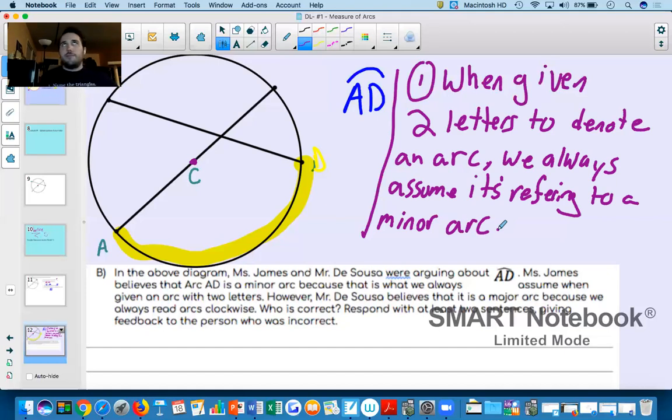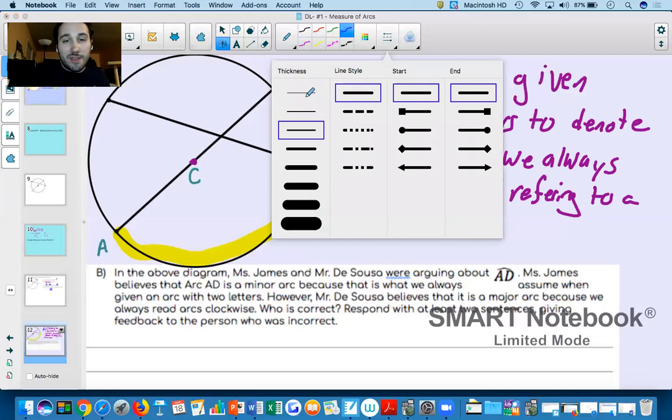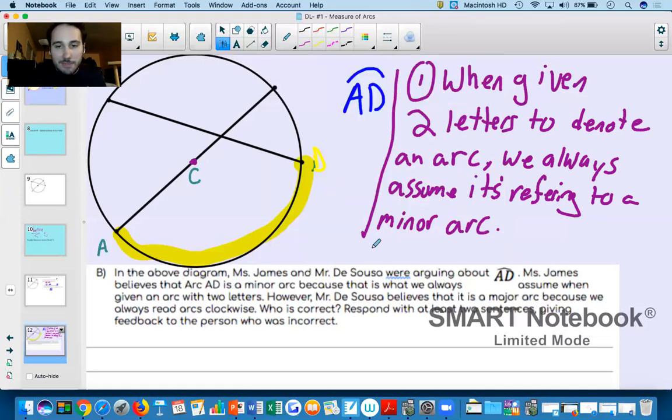What's the unit that talks about clockwise and counterclockwise? What do you think, Mr. D'Souza? That's secretly me. What do you think I was referring to? If you said transformations, you're right. So again, we're trying to give feedback to Mr. D'Souza because sometimes he makes mistakes. So the second thing you can say is you can say Mr. D, doesn't really matter, Mr. D might be thinking about